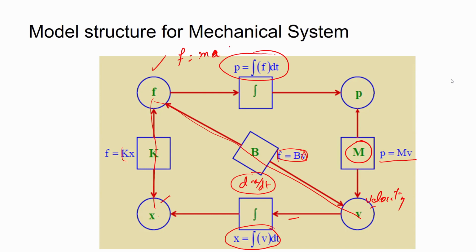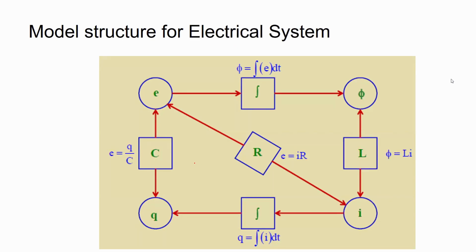Okay, identical to this one in the electrical system. This E is electromotive force, which is actually the voltage. So V is equal to 1 over C Q, one of them. V is equal to Ri, and the other one, the voltage is equal to,